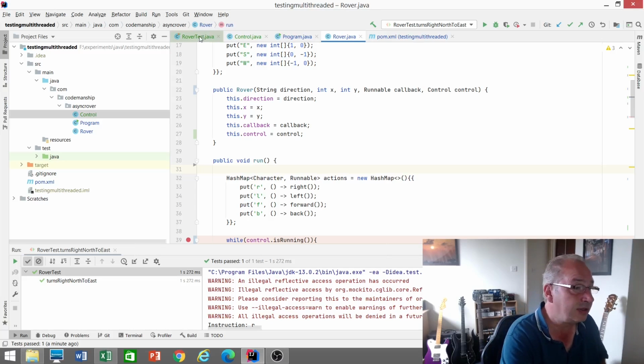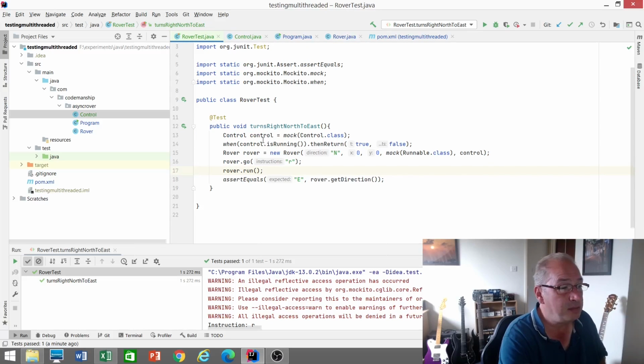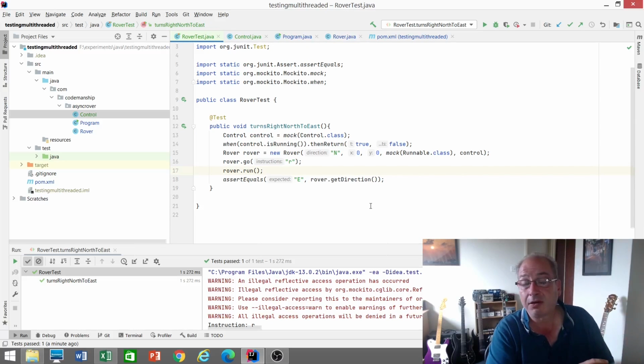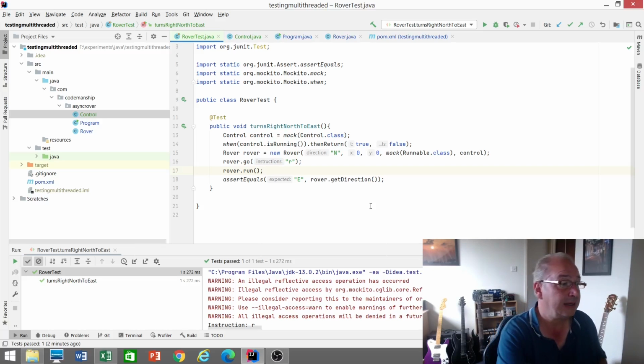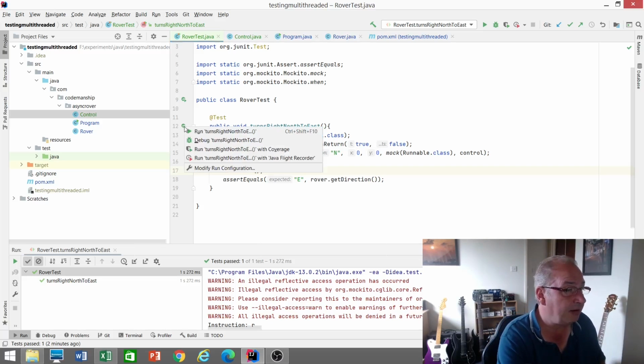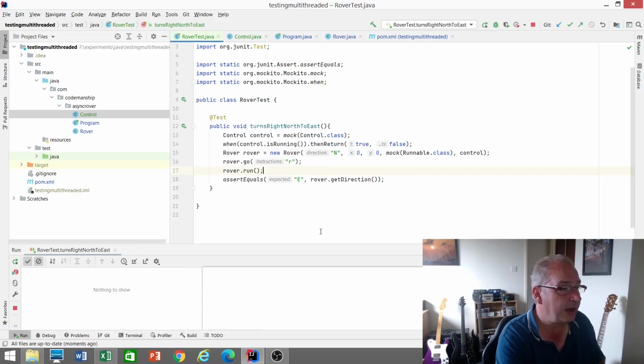So in my now synchronous test, I'm using Mockito to create a stub control that's going to return a sequence of true-false values. So the first time it returns true, we go around that while loop once, which is all we need for this test because we've only got the one instruction. And then the second time it'll return false, which means that the while loop will terminate. So I've just run this, but I'll run it again for you. And as you'll see,